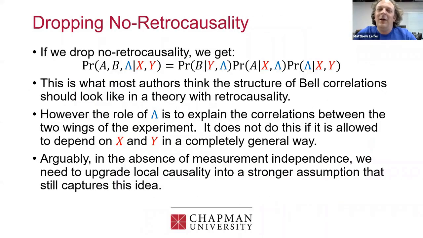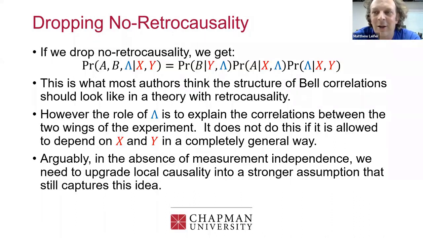Okay, so I think that we need to upgrade the assumption. When you remove measurement independence, you need to upgrade the assumption of local causality, because the role of lambda is supposed to be to explain the correlations between the two wings of the experiment. If we allow lambda to just depend on x and y in a completely general way, it's not doing this,